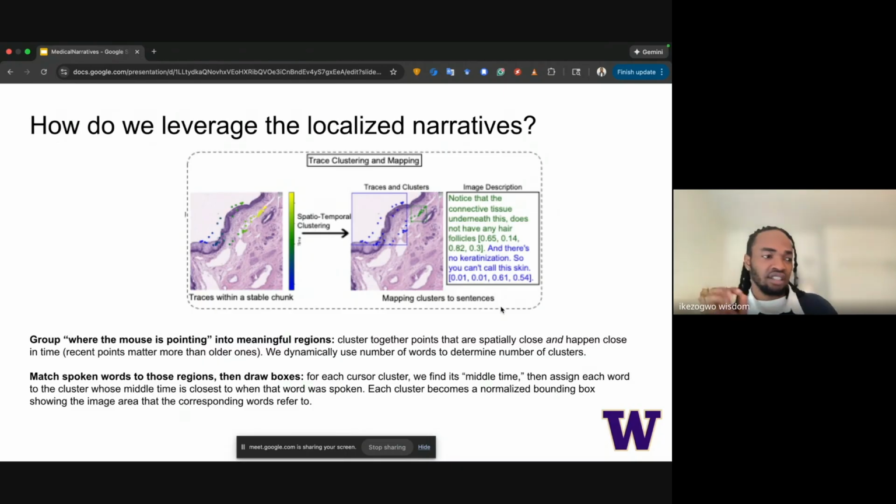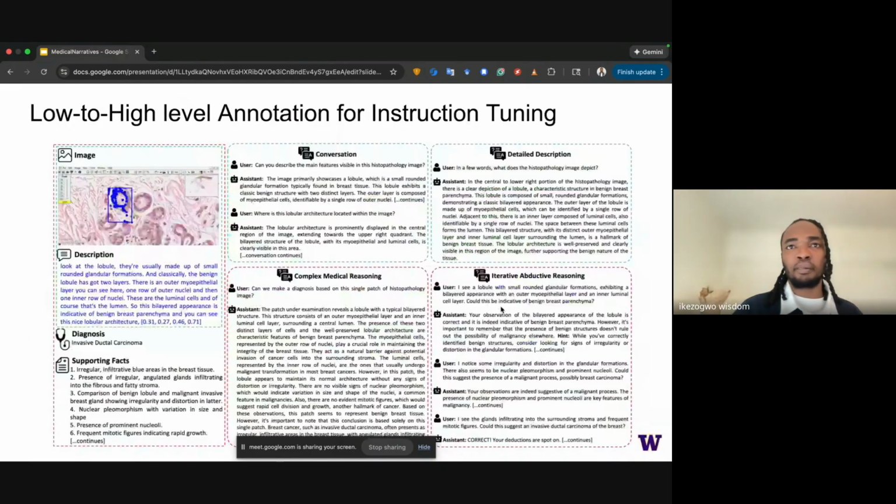While this system isn't perfect, to validate it we did an internal human clustering, and then used a different set of methods to perform this clustering, and this one performed the best. Next, we collect hierarchical low to high level textual annotations for instruction tuning.